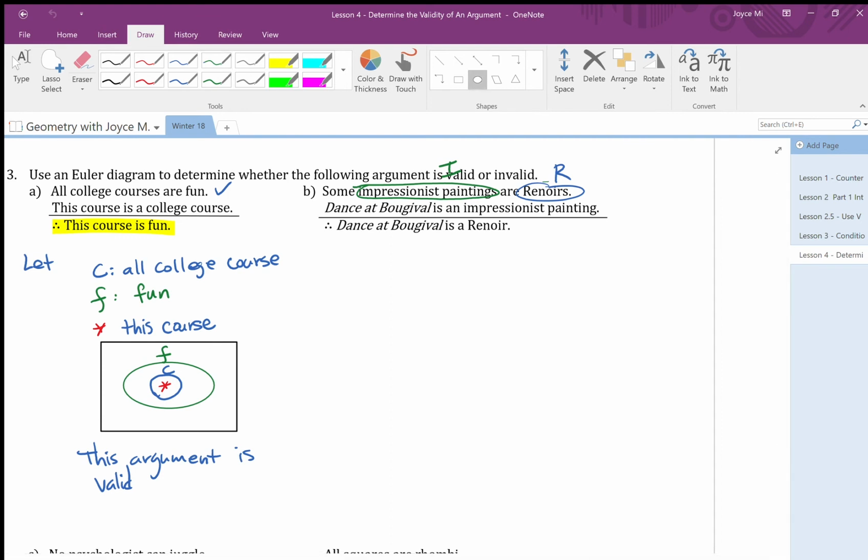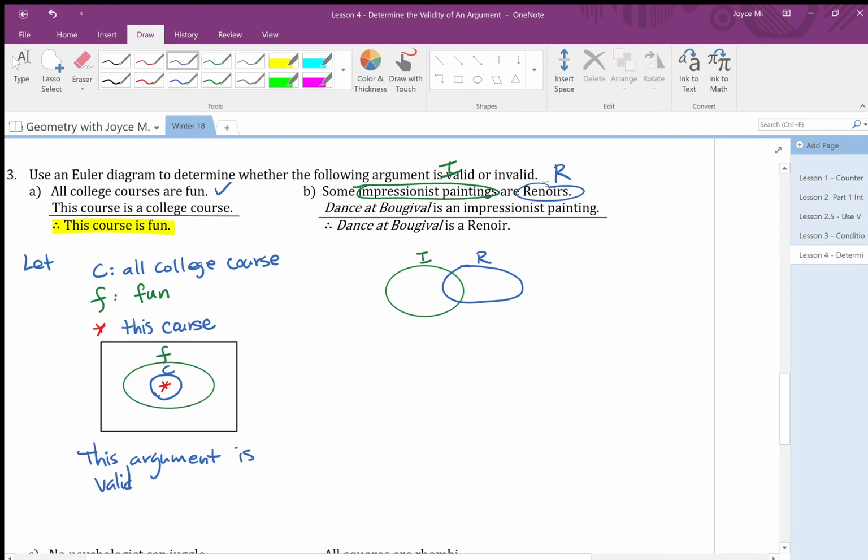So let me draw I. Okay, this is I, and to draw some I in R, I could just draw R overlapping. I can do it this way, that's fine. So that's my I, that's my R, let me draw it in the same manner. Let me draw this using my hand again. That's my R. Not the best, but it's okay. That's the first premise. Some of I is in R. Next one,